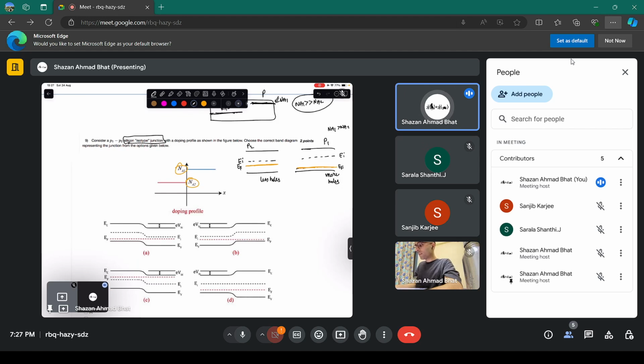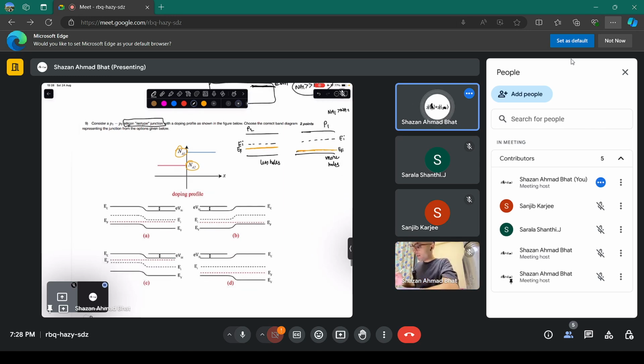Note here, I'm not showing the quasi Fermi level because quasi is not applicable here. It's just the Fermi level, don't get confused with it. It's the Fermi level of p-type and the Fermi level of n-type. And when you combine them, because all of this energy is with respect to electrons, whatever we draw, if you are drawing this particular Fermi level higher here,